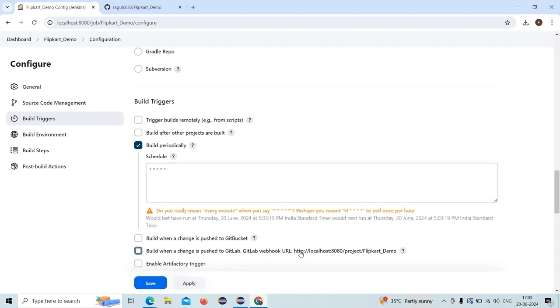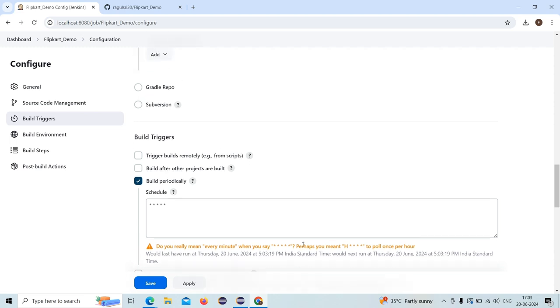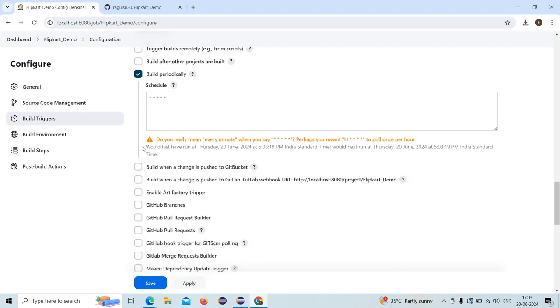I'll give the schedule here. If I give five stars, it means it will run every minute. When you say every minute it's going to run, if I give five stars here. The first star represents